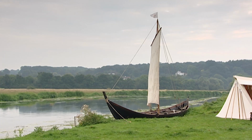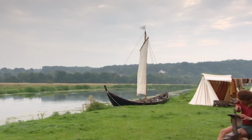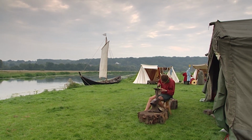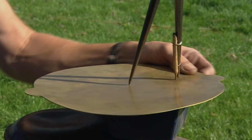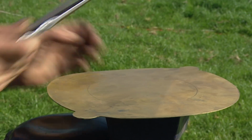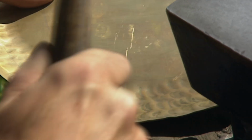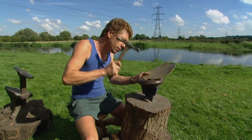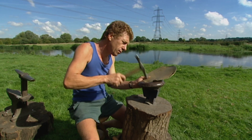We've set craftsman Ray Walton the challenge of trying to make a replica bucket using a single sheet of brass and, where possible, authentic tools and techniques. The first stage is to mark out the bucket base on the brass disc. Then begins the first of many hammering processes to try and raise the bucket's sides. The skill in the hammering is to ensure that all of the blows are the same strength to prevent bumps